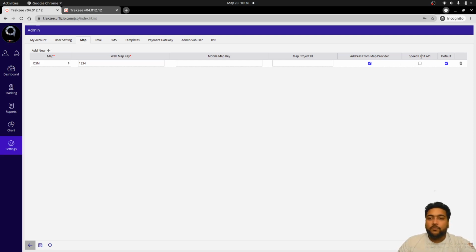So let's move on to the speed limit API. In other countries, there are roads that are specified with a limited speed to drive. This information can be provided to us by the map service provider. To enable this, you just need to check mark this option, and you must check that this option is also enabled